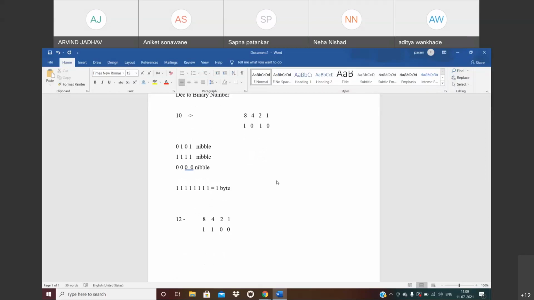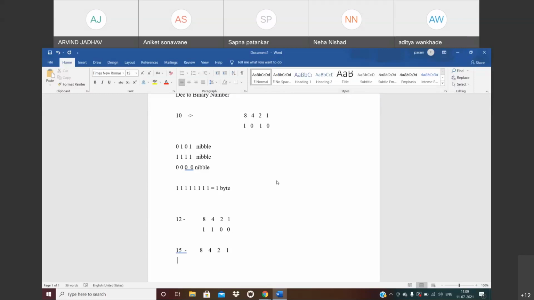Okay, so we'll understand about the truth table, but before that we need to convert the decimal number into binary. So this one is a binary and this 12 is a decimal. By using this rule we can calculate only up to the number 15 in binary. For example, I have a decimal number 15, and I want to calculate its binary, and I have a rule of 8, 4, 2 and 1.